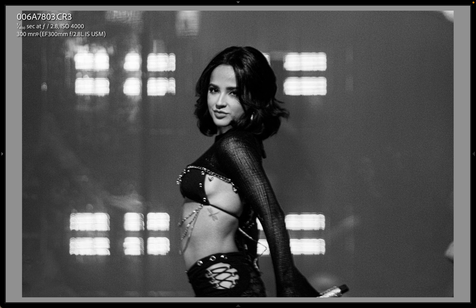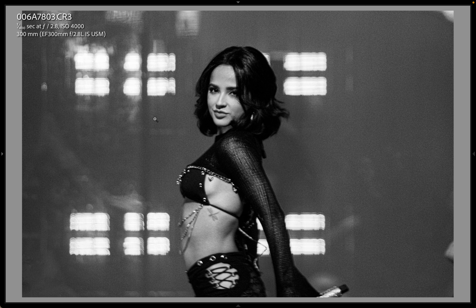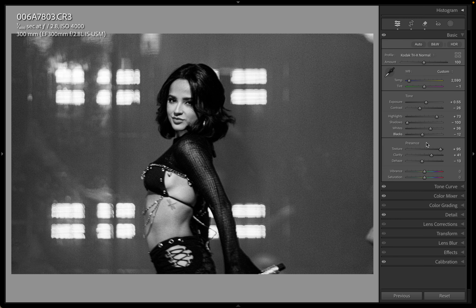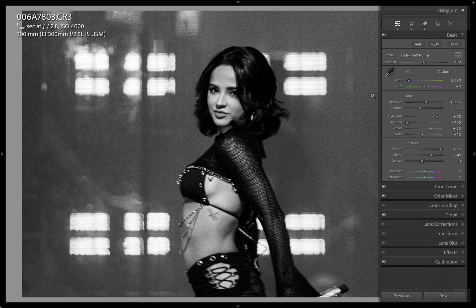Here's another. This one I did shoot at 400th of a second. It's still a little soft, and that's just kind of an issue with the 300 adapted on the RF. It does hunt for focus and misses a little bit, but it's a sharp enough image that it's worth using, and it's a great pose, a great expression. And I did boost up the clarity and texture a lot, so I could drop it down. You can see how much softer it is, but boosting it up makes it stand out and pop.